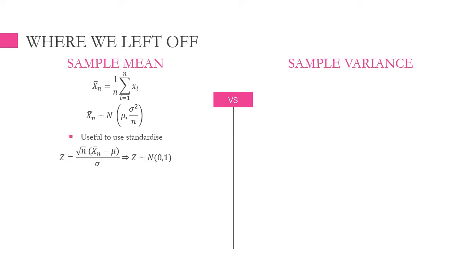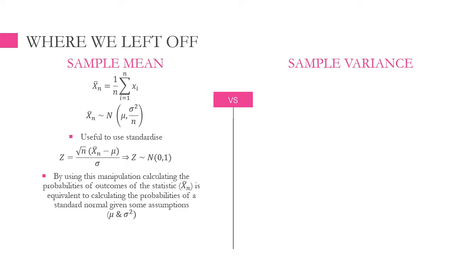So instead what we do is we just standardize. So we just take this z and we say it's equal to the standardization, where we remove the mean and we divide by the standard deviation. And this implies that z has a standard normal distribution, a normal distribution with mu equal to 0 and standard deviation equal to 1. So we saw last time that by using this manipulation, by making this new random variable called z,